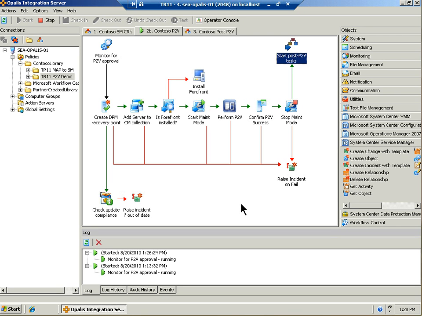Now, there are many more parts to a private cloud, but this is just one that I wanted to highlight, how easy it is to create a fully functioning and integrated workflow across System Center to help you move to